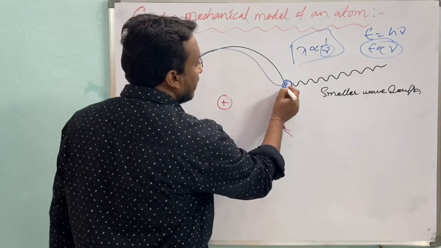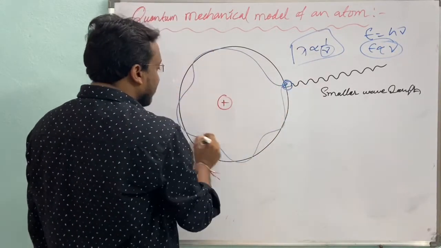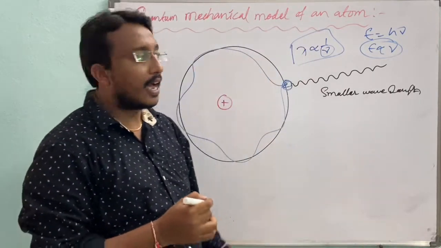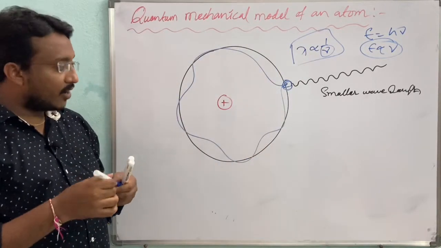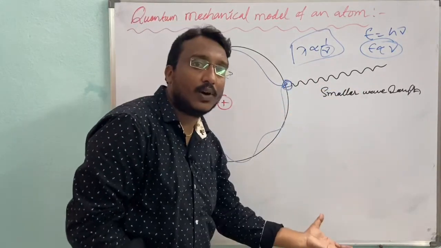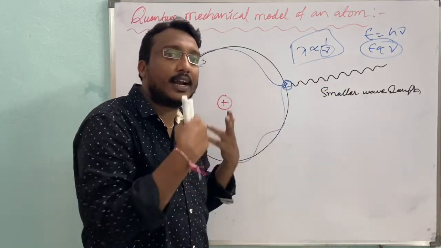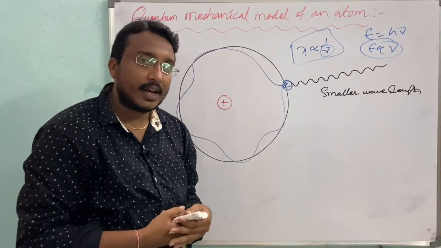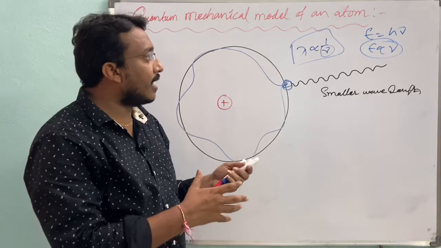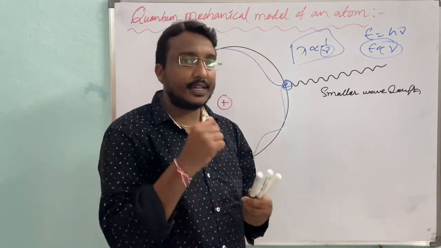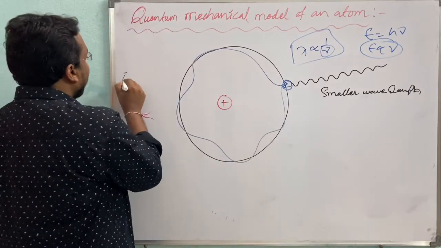Then due to this energy, it disturbs its path and its velocity. Then we can't find it accurately. It changes its speed, no? Then at that particular point we can't find the accurate velocity. Got it? On account of this, one more atomic model was introduced by Erwin